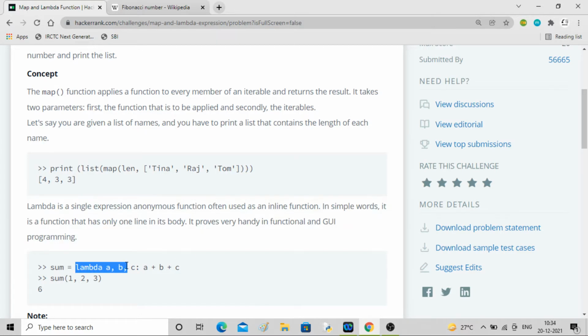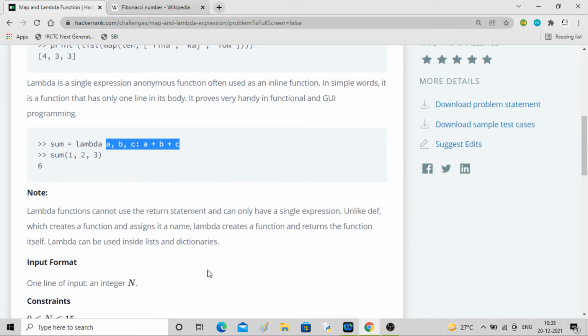So here you can see sum equals lambda a, b, c, which returns a plus b plus c. Okay, so if you call sum and give the parameters 1 2 3, it will take 1 2 3, add them and show the result. Okay, so it's a one line function.